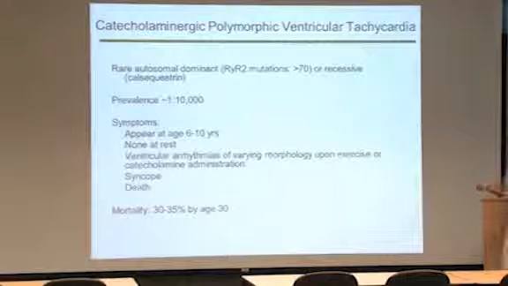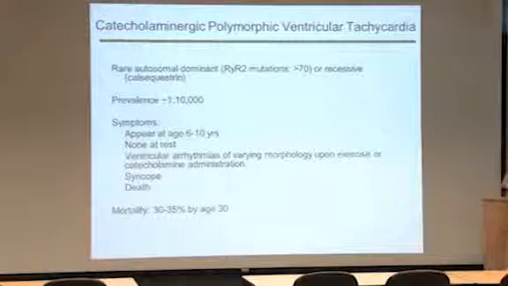The cardiac disorder, catecholaminergic polymorphic ventricular tachycardia. It's an autosomal dominant disorder of the ryanodine receptor. Also, there's a recessive form that's linked to a mutation in calsequestrin. Again, it's rare, about 1 in 10,000 people have it. And these folks are usually normal under sedentary conditions or at rest. But when they get stressed,